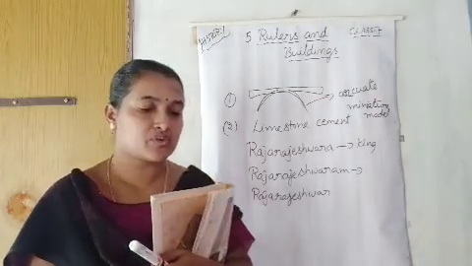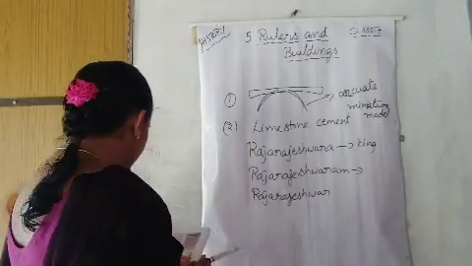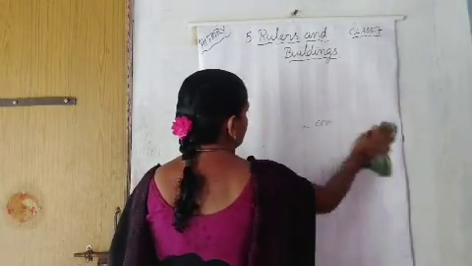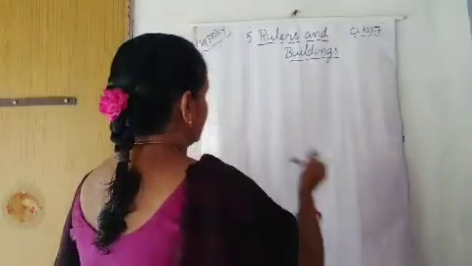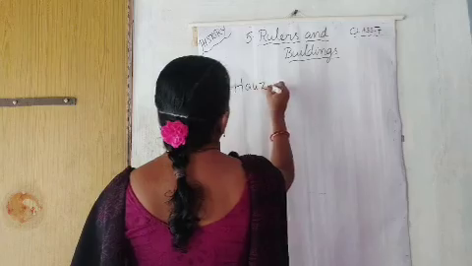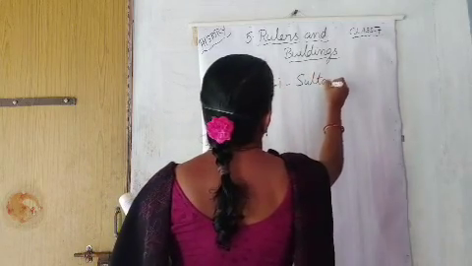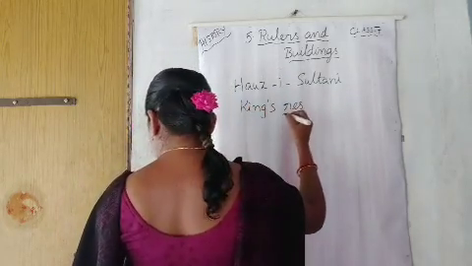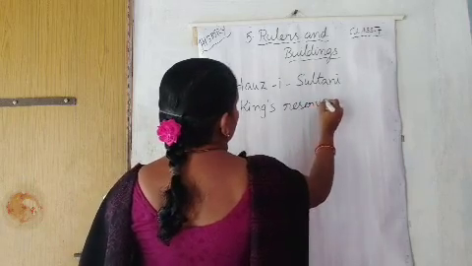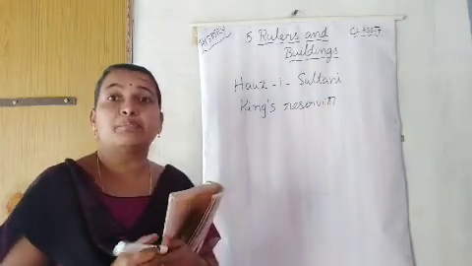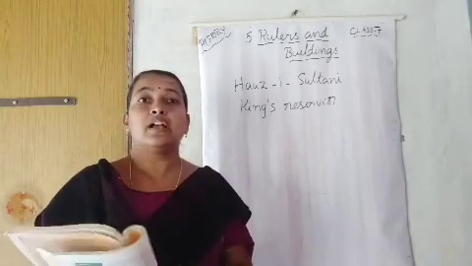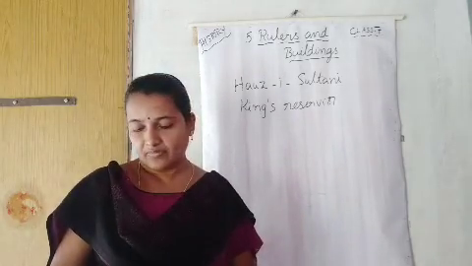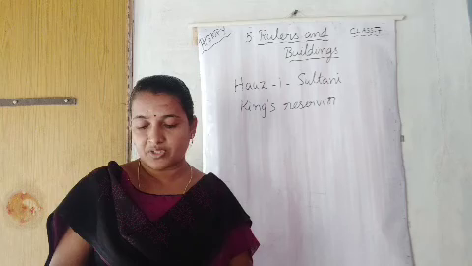So, that reservoir has two names. What are they? Hauz-e-Sultani or King's Reservoir. Two names. This was so big that many people admired him for his vision to construct such a big reservoir to fulfill the needs. Can you find it on Map 1 in Chapter 3?